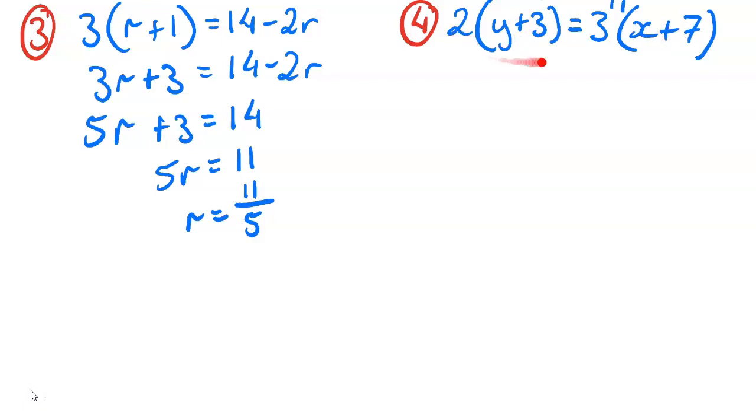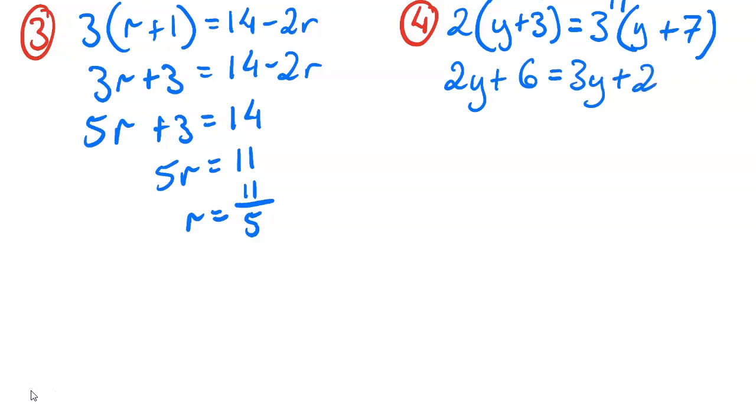So I could divide both sides by 2, then divide both sides by 3 to get rid of that influence, but that gets a bit complicated, so I'm going to expand both brackets. Okay, so that's 2y, 2 times y, plus 2 times 3 is 6,